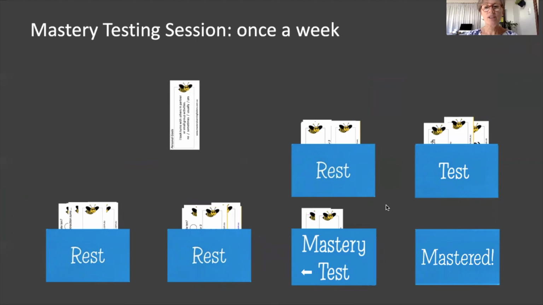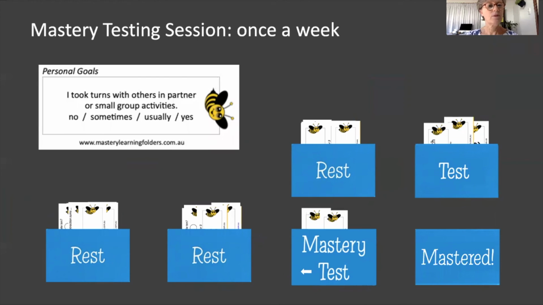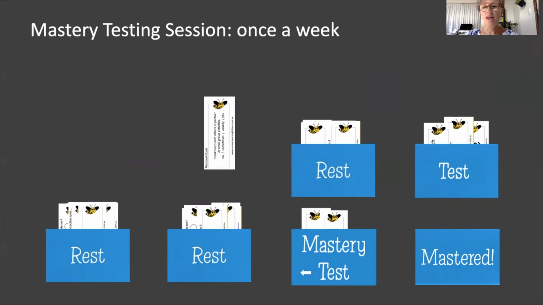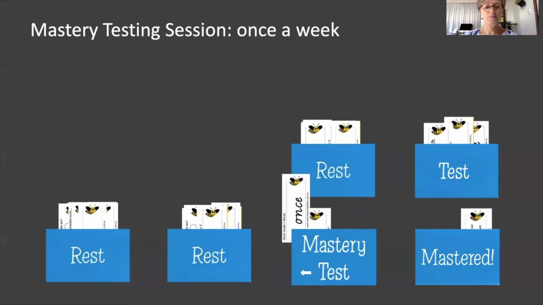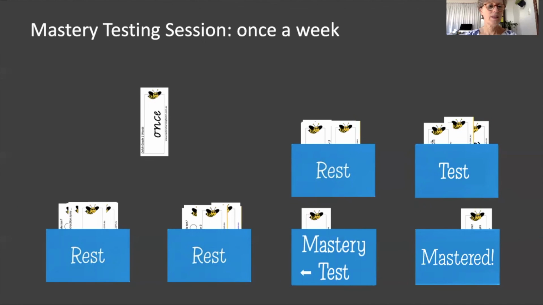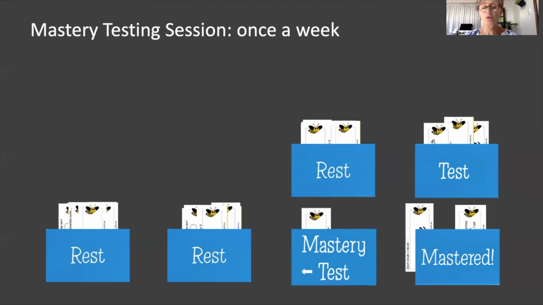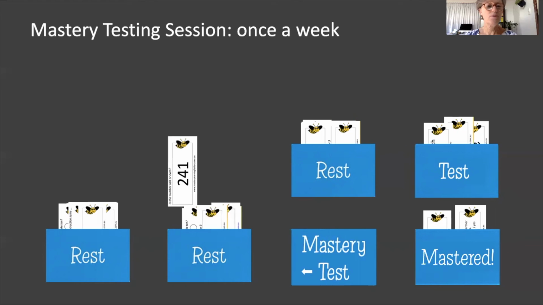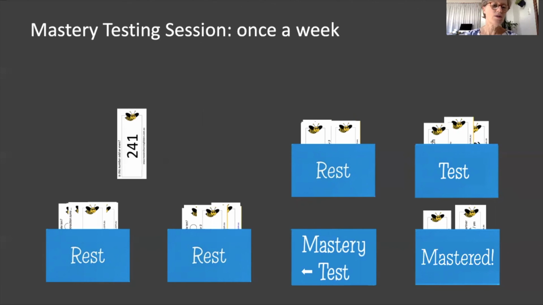testing the first flashcard, which is a behavioural goal, personal goal. I took turns with others in partner or small group activities. So the student says, yes, I have been doing that. And so that now moves forward. This is a word that was also recognised. So it moves forward, and the odd or even number was not recognised, and so I could ask, should you